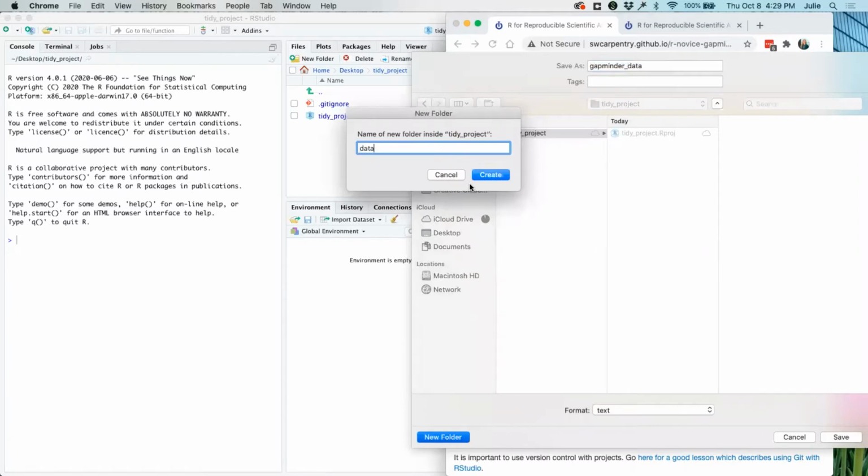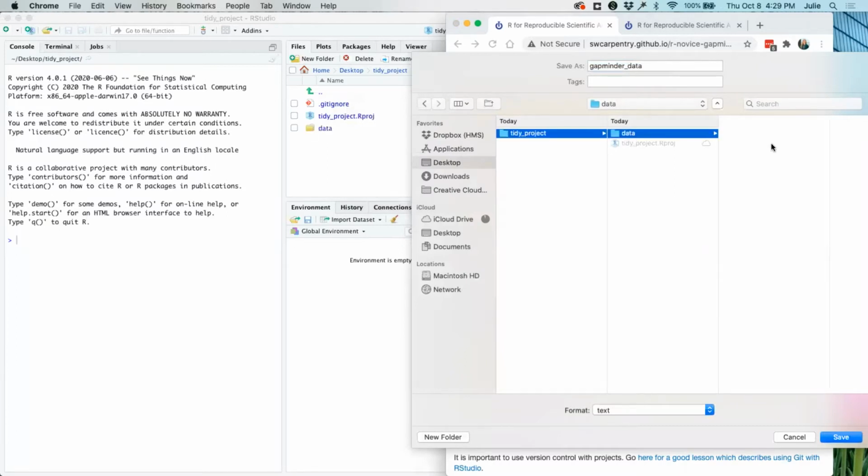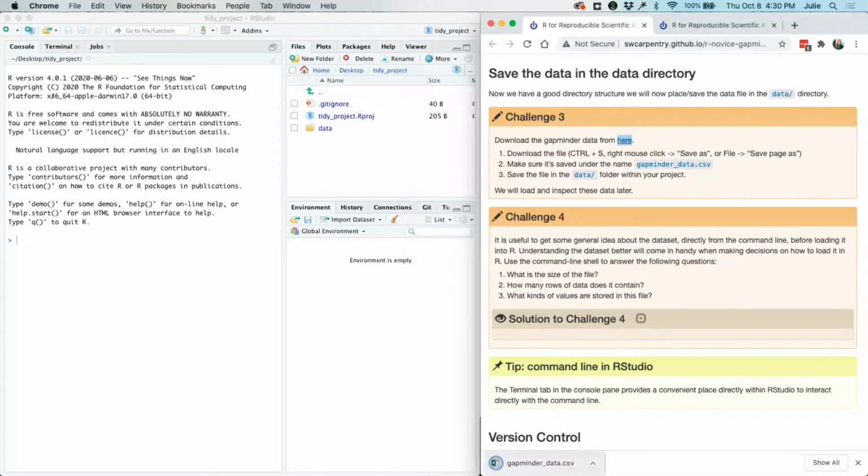If you need to create a new folder within your project, you can create a new folder. We'll navigate to that folder and then make sure we're saving this Gapminder data. As you see at the bottom, it wants to save it as a text file, but we want to be working with a spreadsheet, with columns and rows. So we're going to save it as a CSV, and it will automatically parse out that text using commas to create that data structure. So I'm going to save my Gapminder_data.csv to my data folder within my project, and we see that it downloaded.